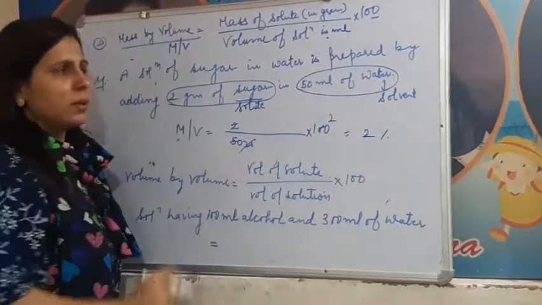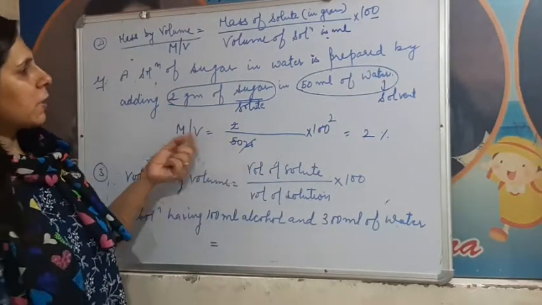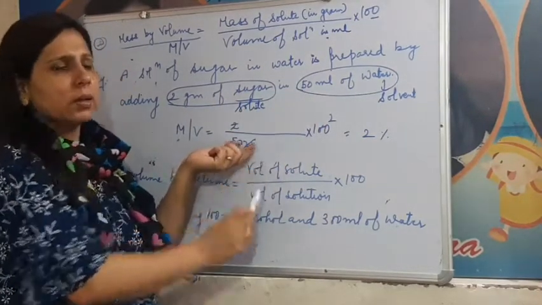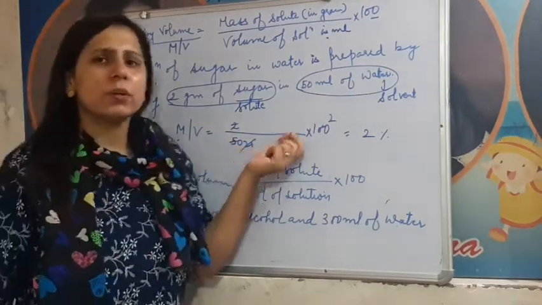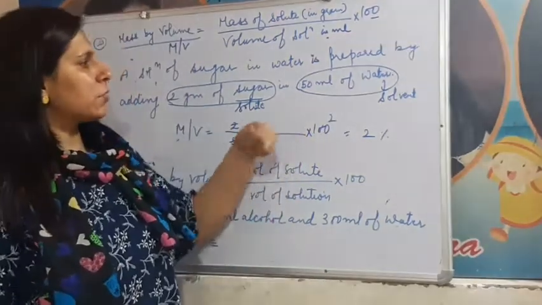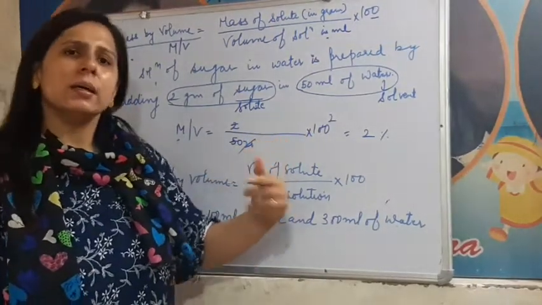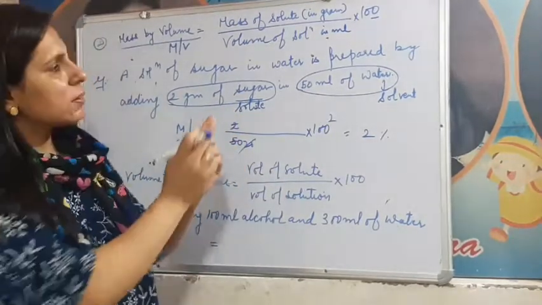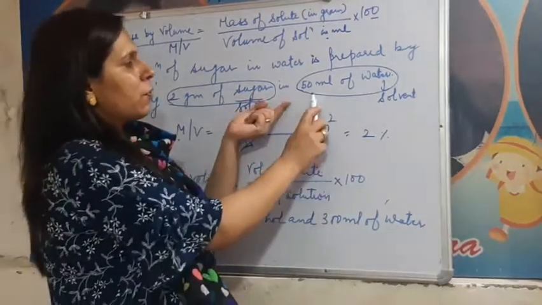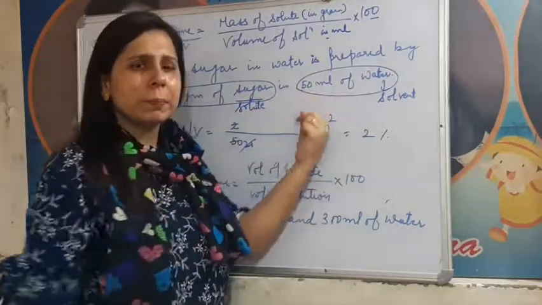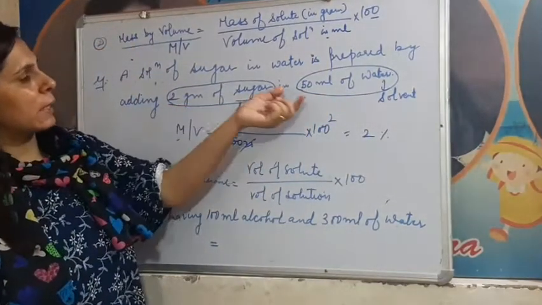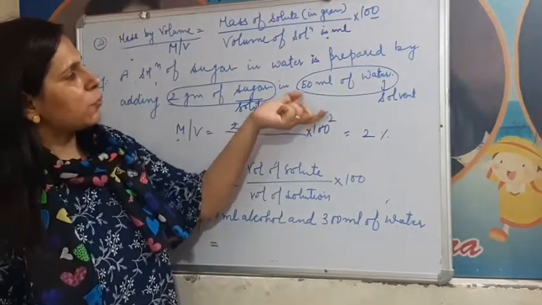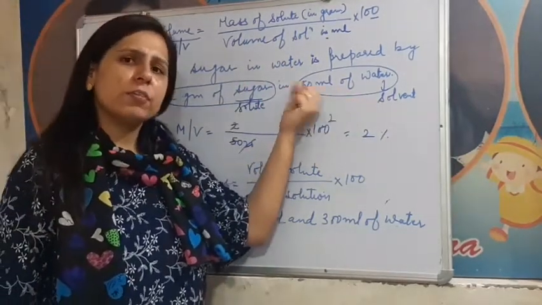2%. Sometimes a student questions why the addition of this 2 and 50 will not be taken here. So you might have observed that when you take 1 glass of water and you dissolve some amount of sugar in that, then the remaining final solution will be 1 glass only. The same thing will be applied here. If we take 50 ml of water to prepare a solution of 2 grams sugar in it, the final solution will have the same volume that was of the water, that is 50 ml.